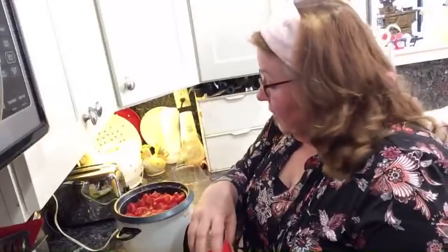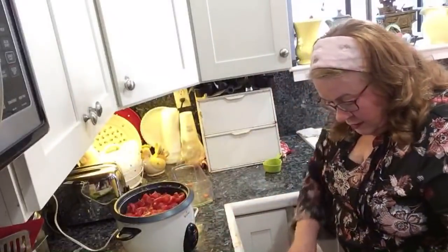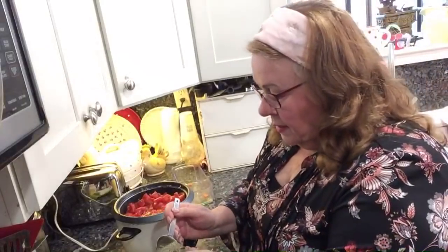Now for seasoning, this is going to be like an Italian rice. You know, you've heard of Spanish rice. Well, same definitely. This is more of an Italian rice. So I'm going to put in about a tablespoon